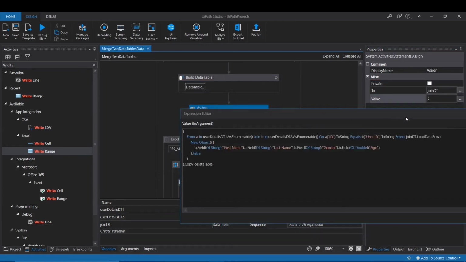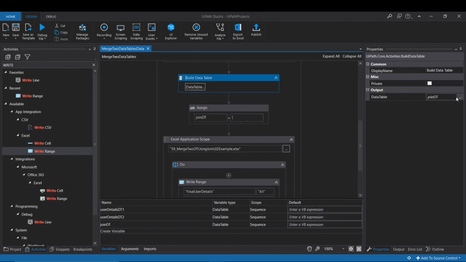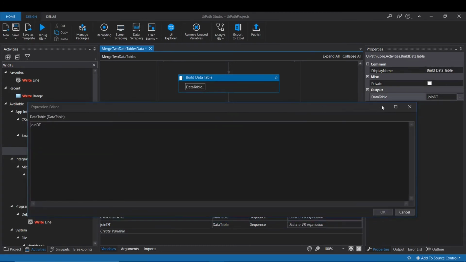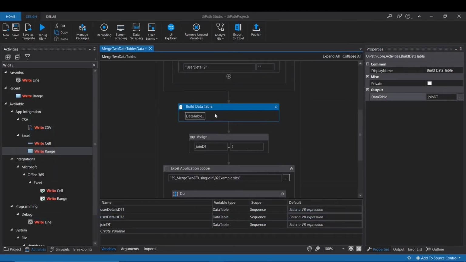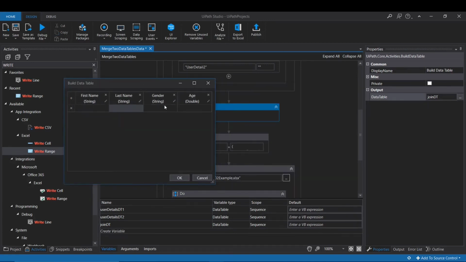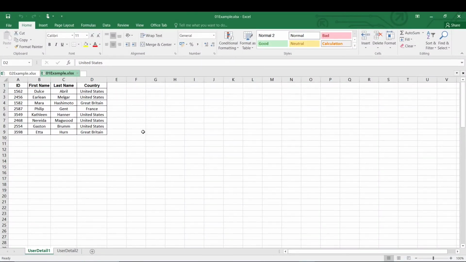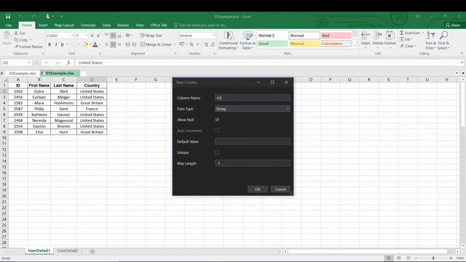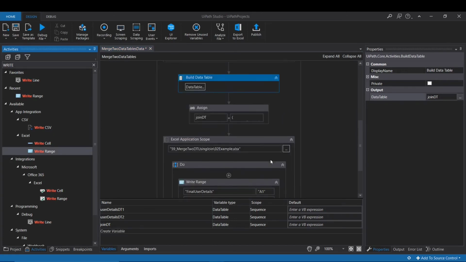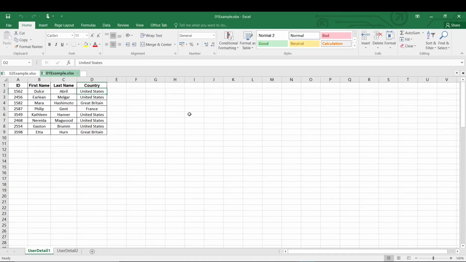And for that data, we must create one data table column name here. When we are building the data table, we must create one more column by clicking over here and providing the column name. Suppose this time my requirement is to collect the country data, so I'll keep here COUNTRY, and country is a string type, so simply OK and OK. We are collecting country from Sheet 1.